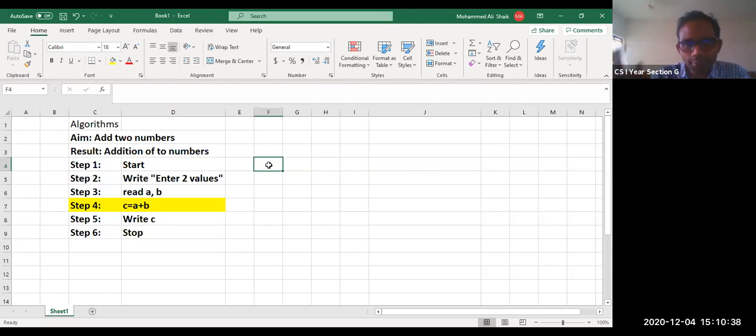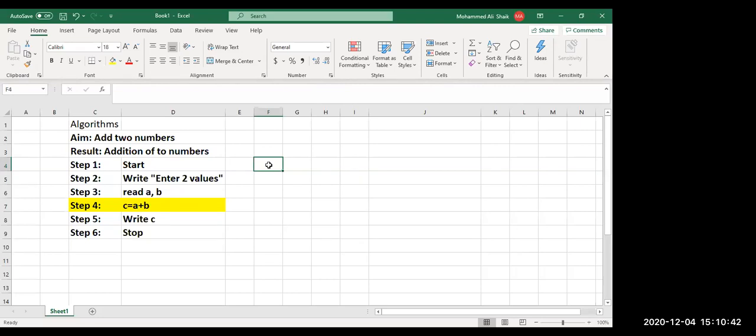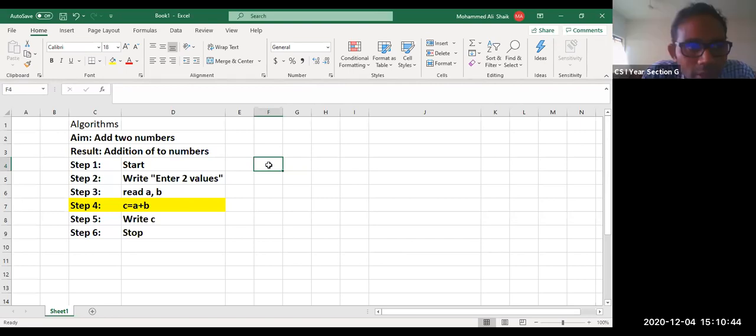This process you are going to do in the mind. When you write a program, you are going to work out all the steps in your mind: first, what you need to do, next, what you need to do, and next. As of now, you are going to write these steps in a notebook or on paper, not in any compiler. Is that clear? Okay, sir.